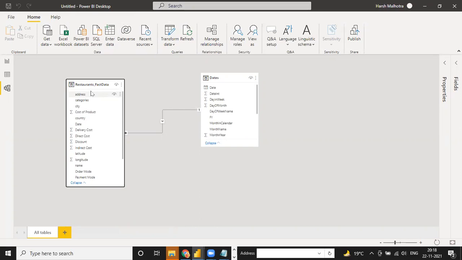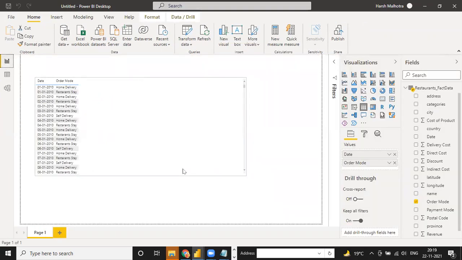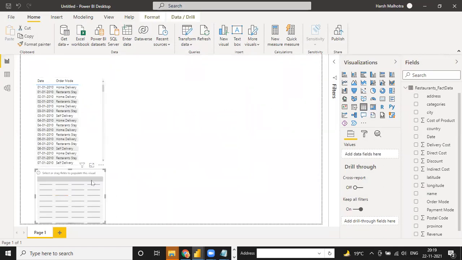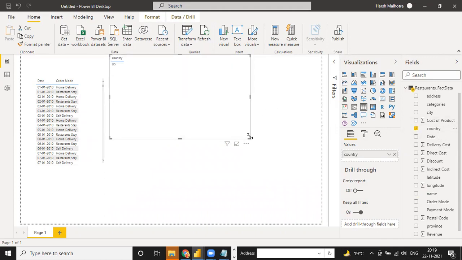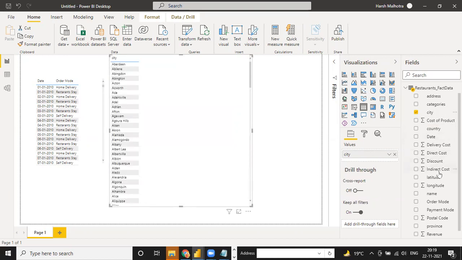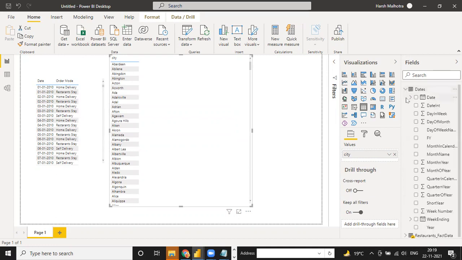So that is the reason I go to transform data, unselect those tables, unload them, and then select only this main table to this date table. Now all our relationships will be connected because date to date is connected. So all the columns automatically connect. See, when you click on this, select another table, and suppose you select this country, US country, instead of country, if you select city, see the total number of cities we have, and for this city, if you select date